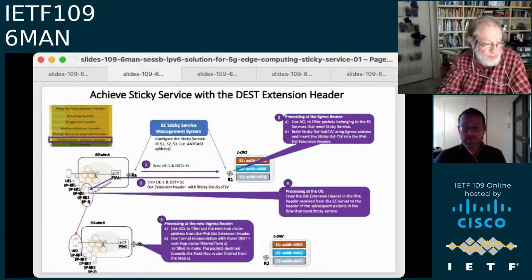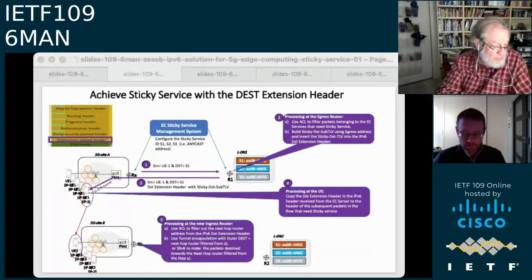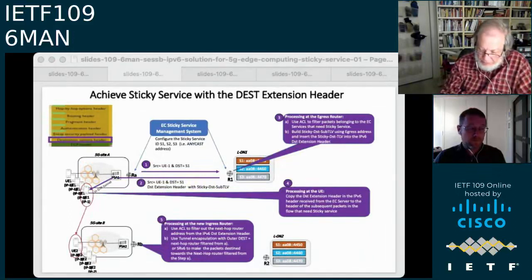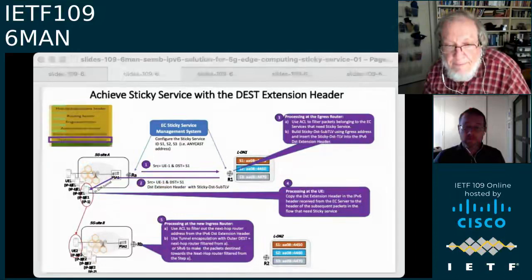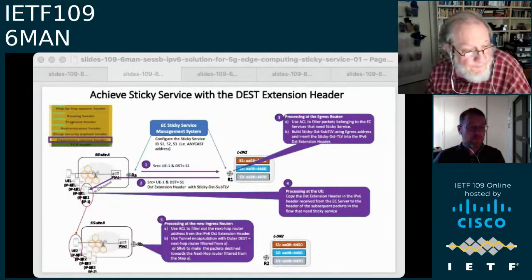So when the S1 server comes back with the response back to the source, R1 basically uses an ACL to filter out the service and inserts the sticky service, sticky destination sub-TLV, inside the destination extension header. Then the traffic comes back to the UE, and the UE has the expected behavior to copy the destination extension header from the received packet to the subsequent packets for the services and for the flows that